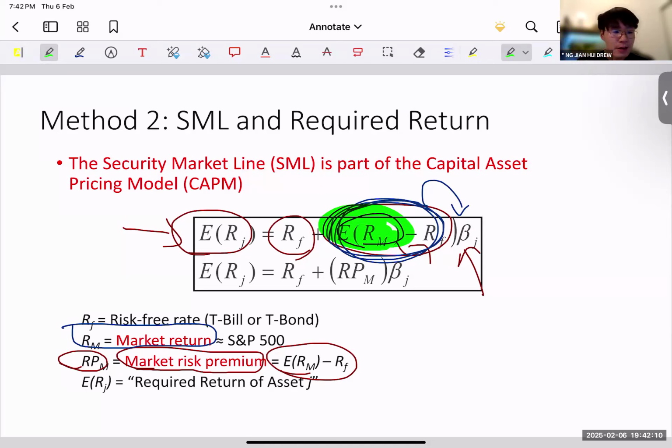Okay, so yeah, that's a good question. So method 2 is using the beta, right? You determine a beta and then you use this CAP-M model to determine what's the expected return based on the beta. Now, method 1 is really just looking at market information, what's your risk premium, what is your risk-free rate they're getting, and then you just add them both up.